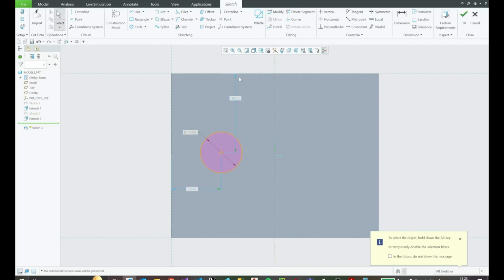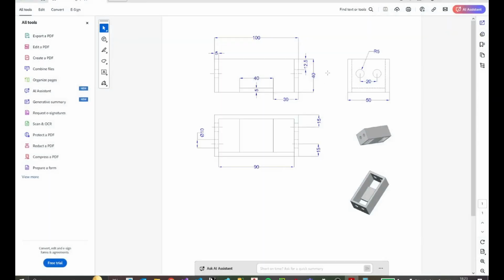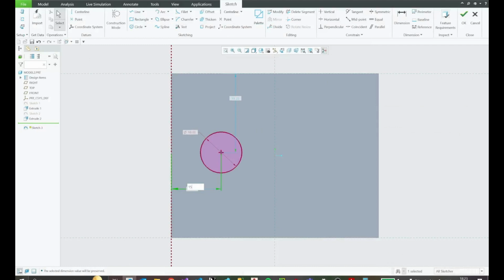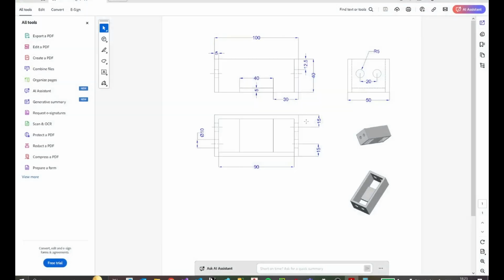And now how much is it? Okay, so let's reference it from this side first, which is, okay, from here to here it's 15. I'll make it 15.0, lock it again, and from the top it is 12.5. Okay, so you can see the 12.5 is not to the center, but to the top vertex of the circle, right? So from here to here, we need to reference it all the way to the center, because that's what we can